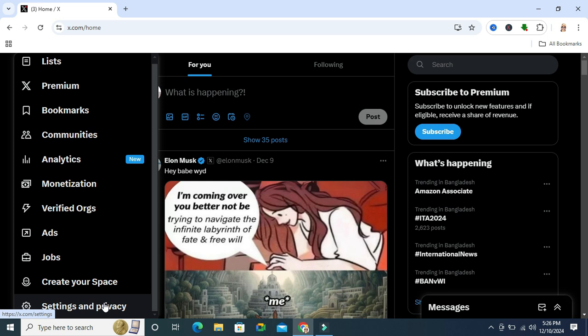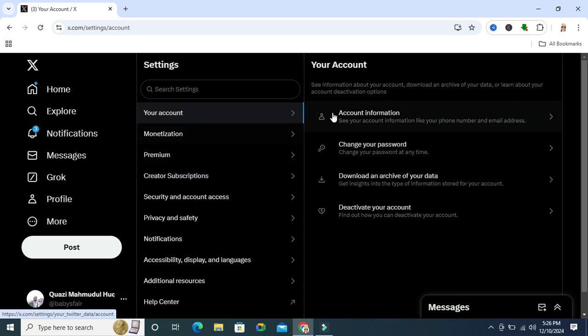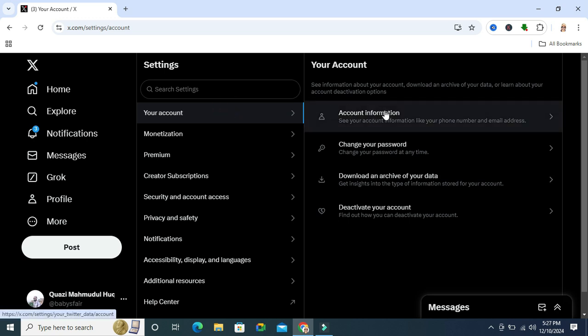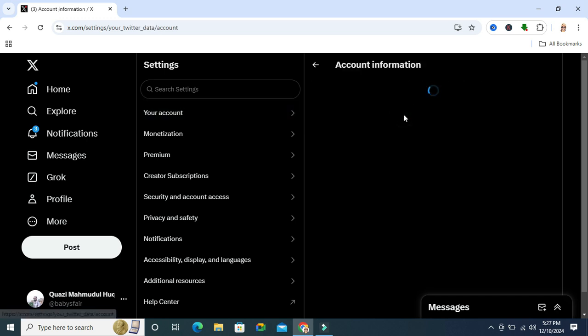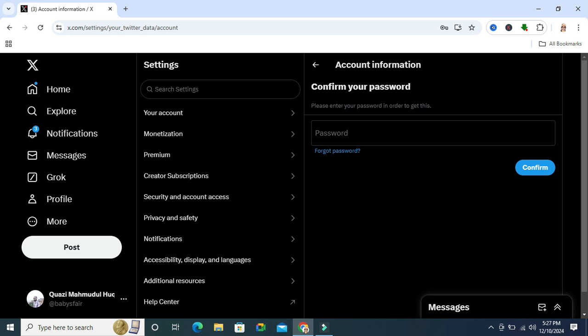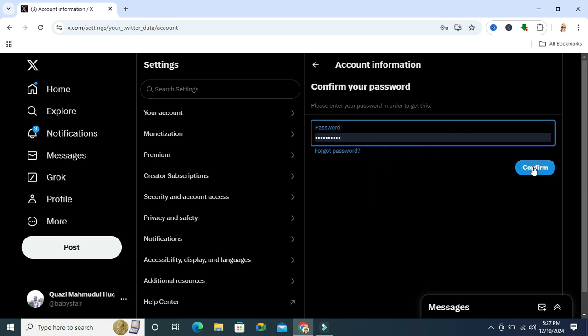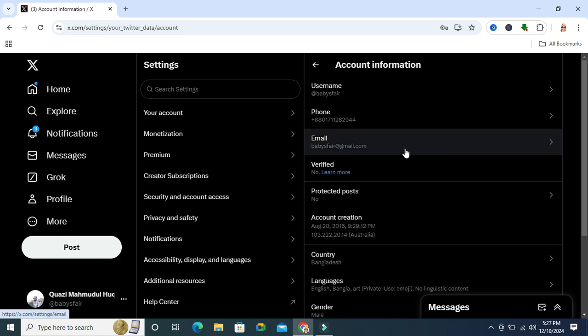Click on Settings and Privacy, and here the first option is Your Account, and then go to Account Information. Click on Account Information. Here you just type your password. I'm typing my password here and click on Confirm, and here you will find Email. Click on Email,